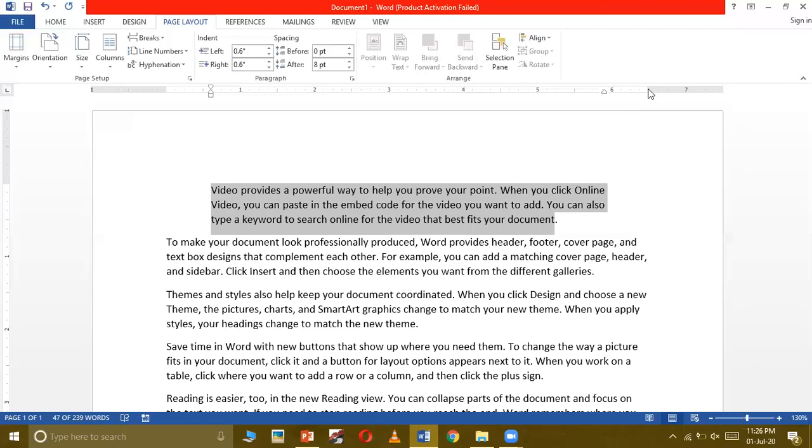So indent space is the option which is used for increasing or decreasing the space between the margin line and the text. And there are a total of two different types of indenting. One is left indent, which is used for increasing or decreasing the space from the left margin, and another is right indent, which is used for increasing or decreasing the space from the right margin. So you can use whatever indenting option you prefer, and according to that the space will increase or decrease.